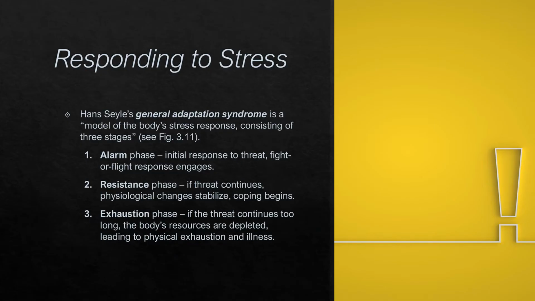There's an approach to thinking about stress that's called general adaptation syndrome, and this was developed by a man named Hans Selye, and he studied how stress affects the body, and he identified 3 stages or phases that we go through when we experience the encountering of a stressor. So Hans Selye came up with this general adaptation syndrome after he was observing lab rats